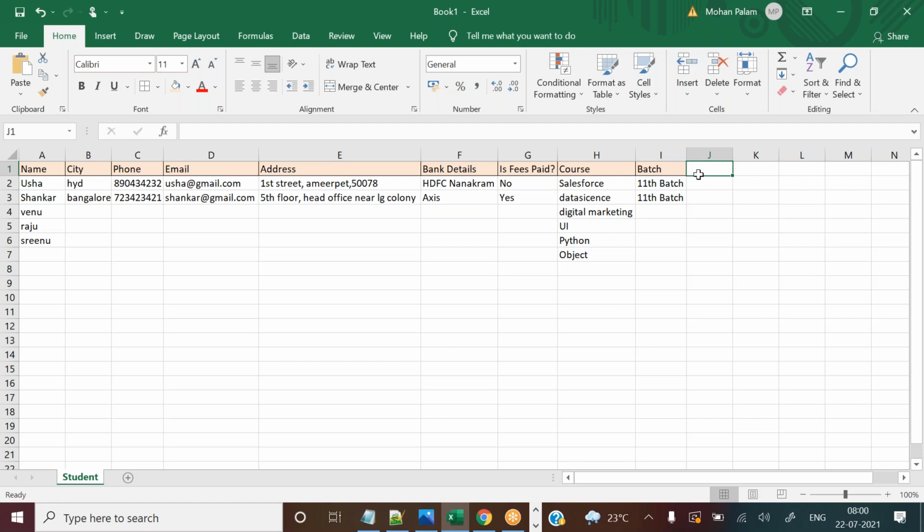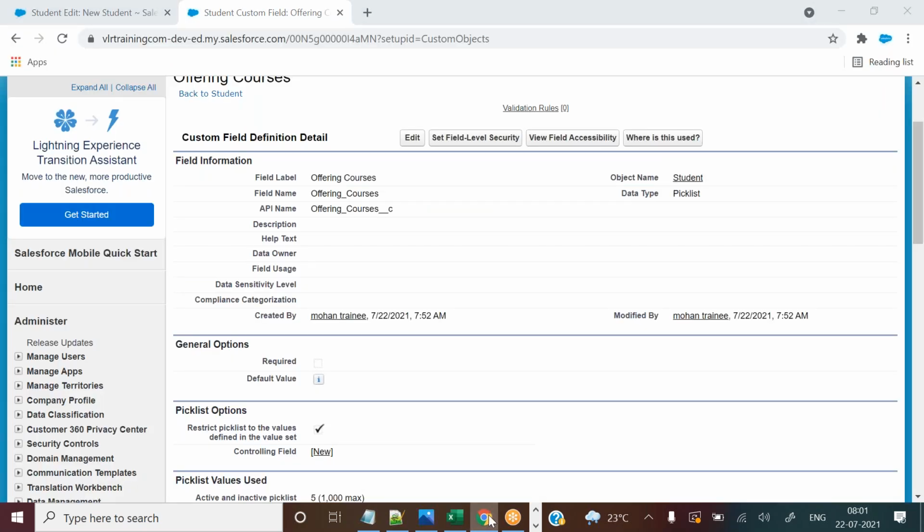So what we can do is give a different name: trainings, courses joined, offering courses joined. This is another one. These are the available courses in Salesforce, and the main course is the one he joined.